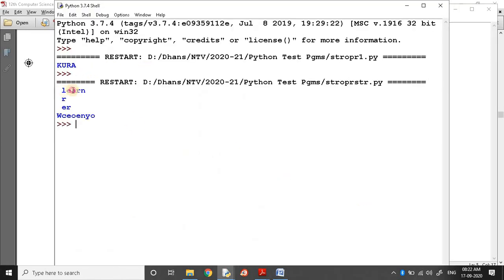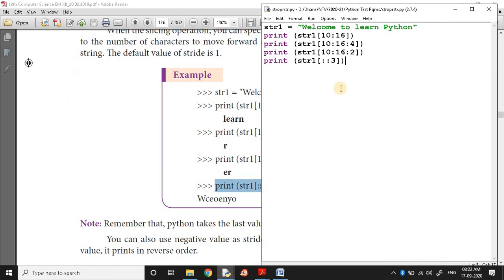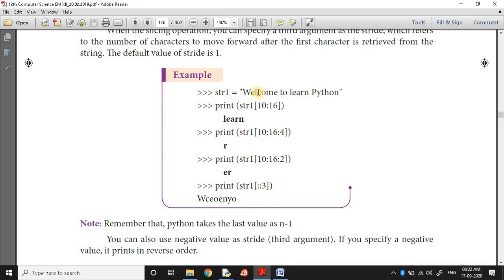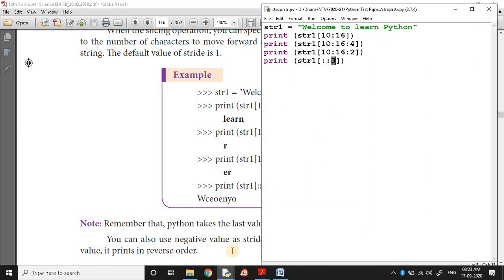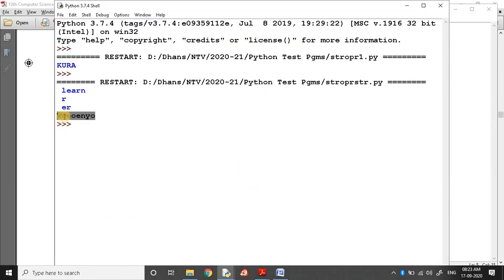So these are the things that happened. After retrieving the first character, it will jump by three. Welcome to Python. 1, 2, 3, 1, 2, 3, WCE. So that will be the output of the last one. Okay, WCE OE1 Y0.